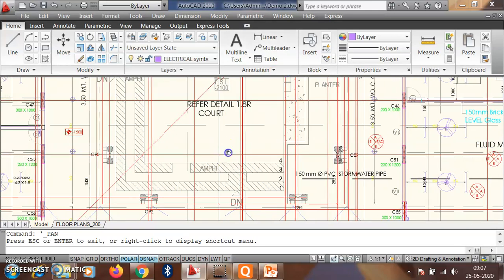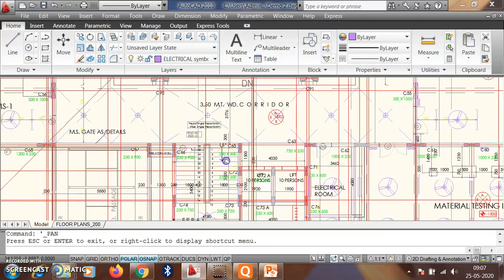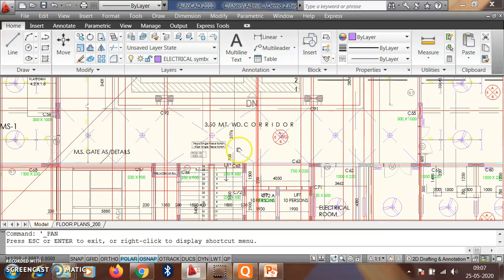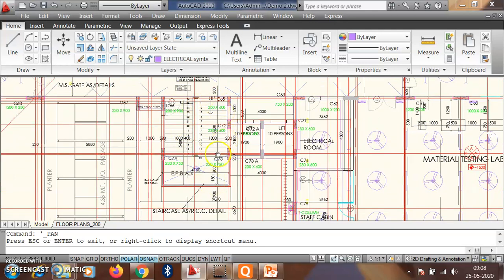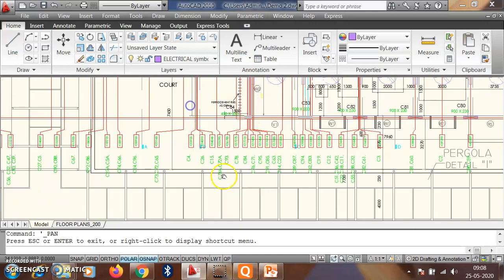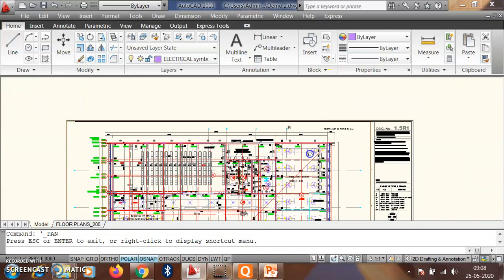All these things are covered. This is the duct, and some dimensions are given. Then details of the gate, all these things are given here. Again the staircases.